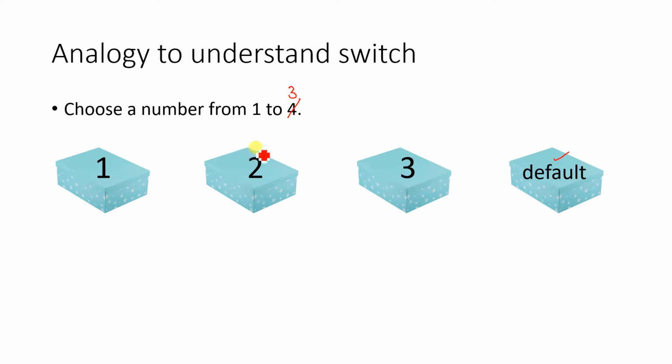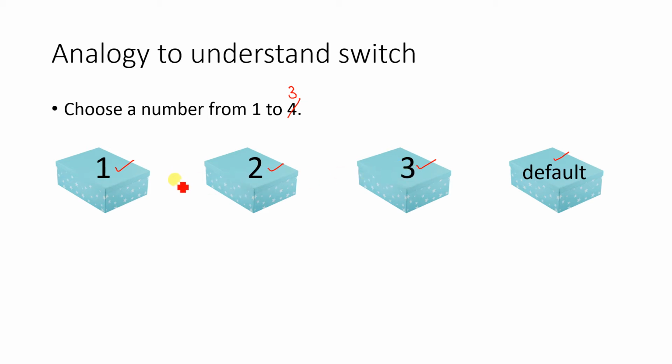How will the box content be represented in the switch statement? It is called a case statement, that means case 1, case 2, case 3, and you are asked to choose any case among them. Whenever you choose a case, the corresponding statements associated with that case will be executed, just like the corresponding content associated with that box is yours. And all the other boxes are not allowed to execute in any sense.